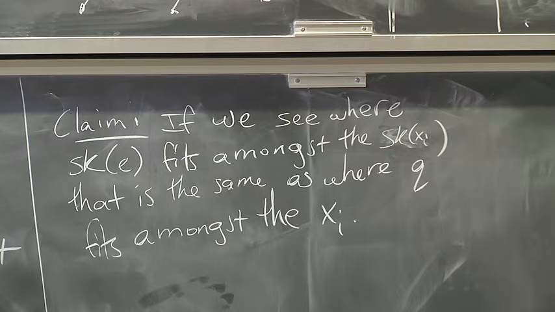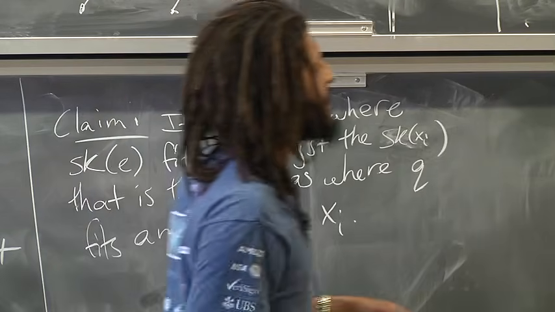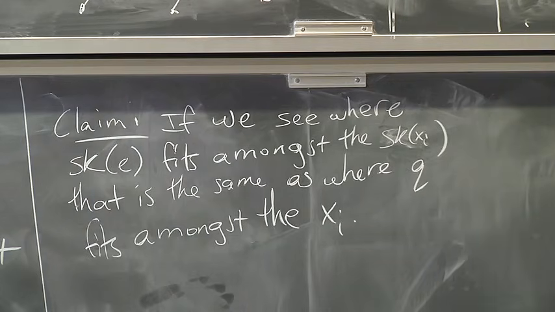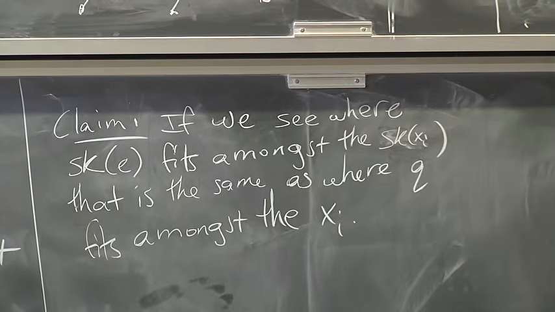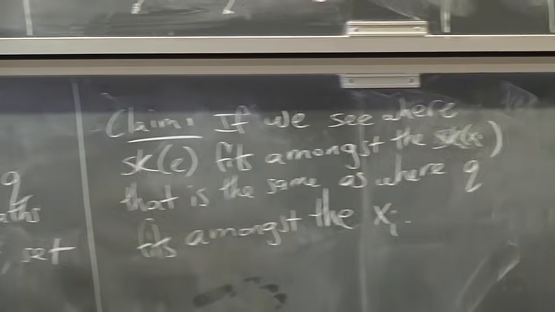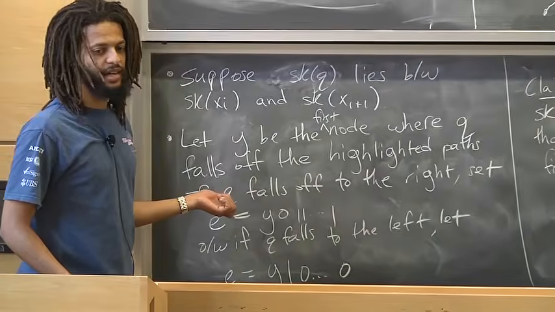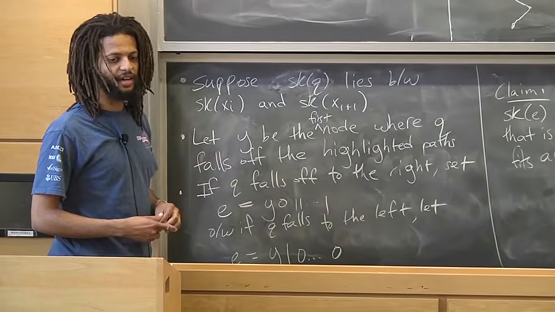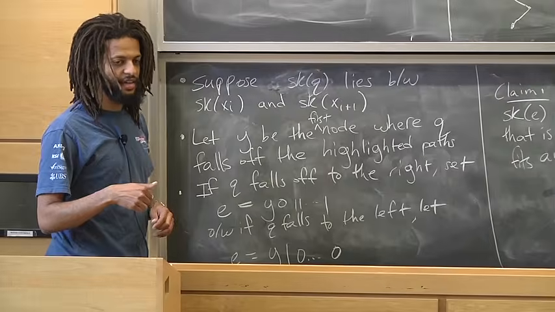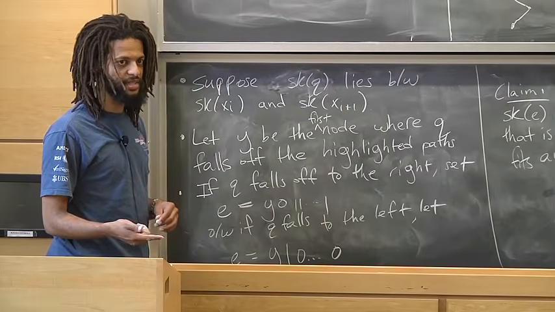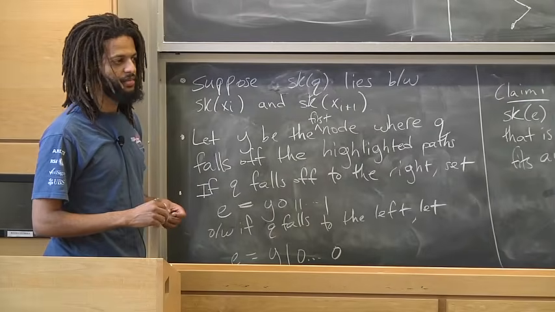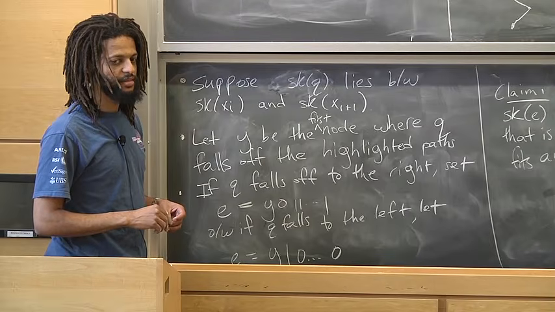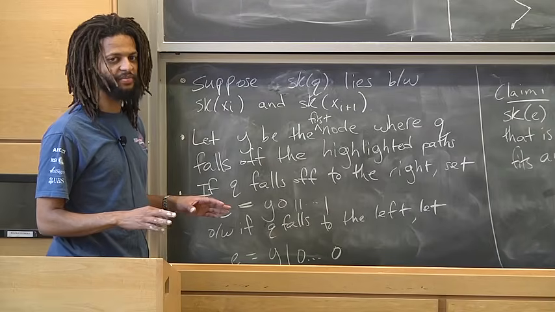Okay. So the way we're actually going to do this is we're not just going to recurse into the two things that the sketch fits between. When we find where the sketch fits between, we're going to form this E. Then we're going to again run a comparison with this E, and then we're going to use that result to tell us where to go down. Are there questions about what we're doing?